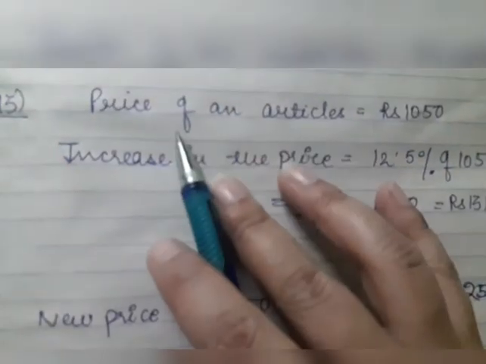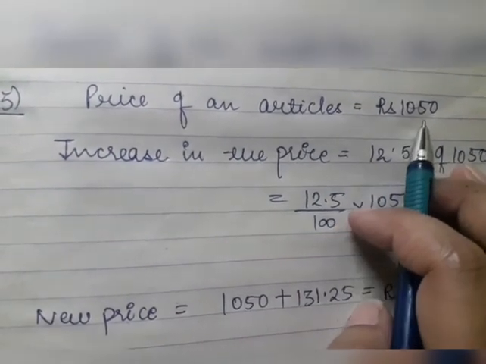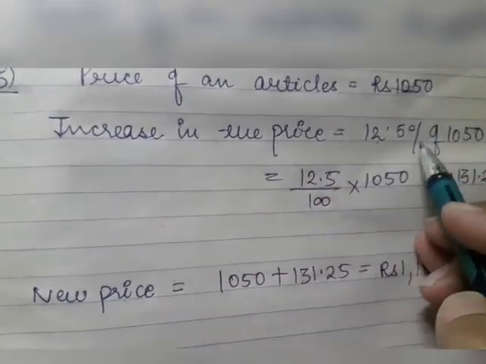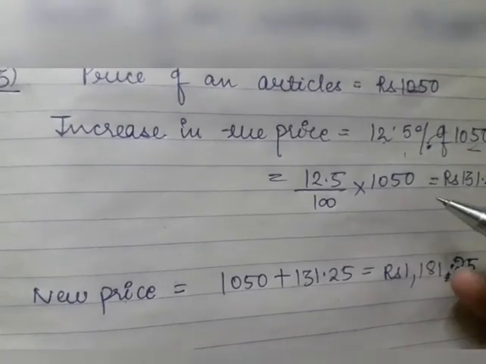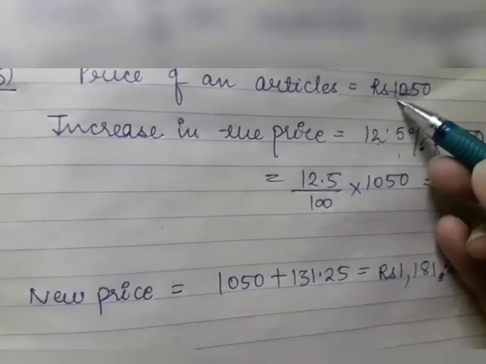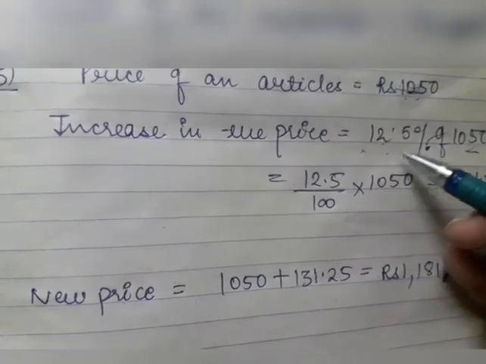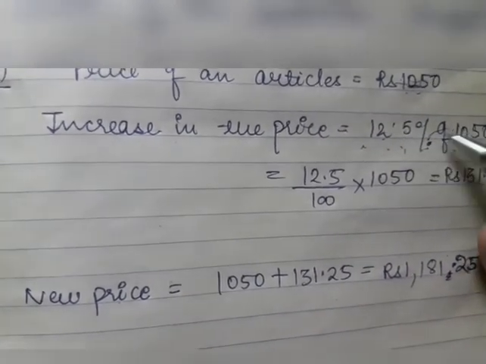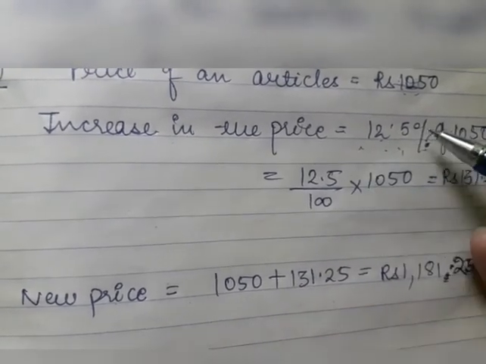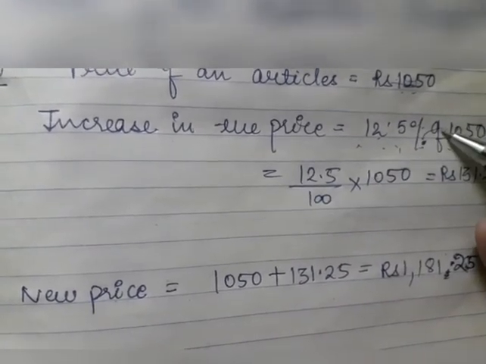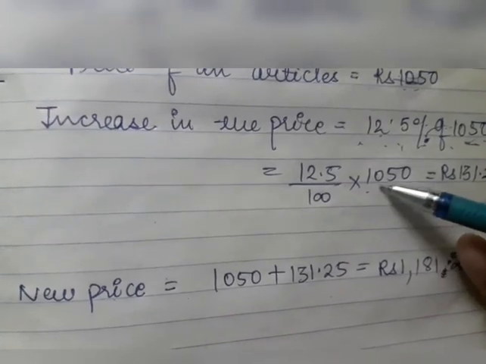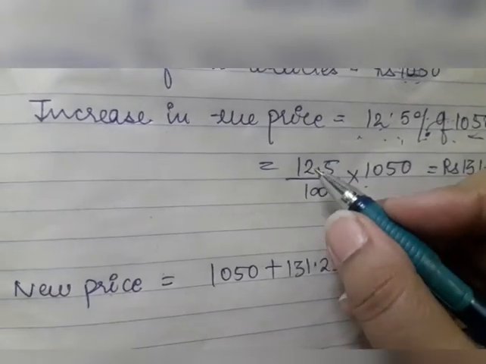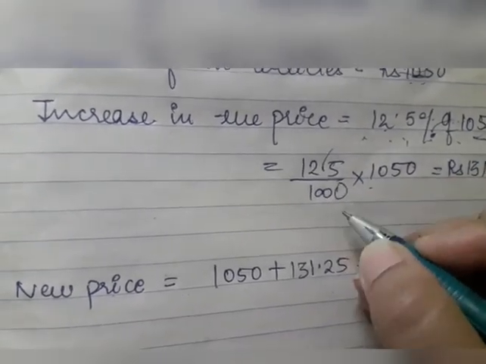So in that case, the price of the article is 1050. So how much increase happened? A 12% increase has happened in this price, so we have to find 12% of this price. 12% of 1050 has been increased. So when you remove the percentage, simply write 12 by 100. In place of "of" write the multiplication sign and 1050 as it is. So when you solve this value, if you remove this point, you will have a 0 over here.